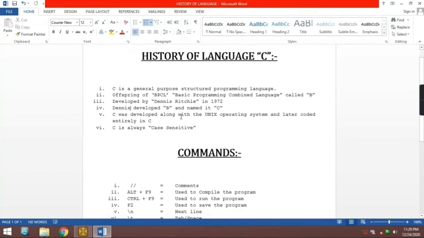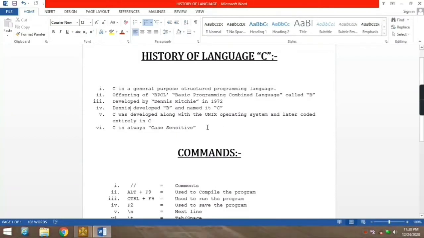Dennis developed B and named it C. C was developed along with the Unix operating system, and later Unix was coded entirely in C. Unix is a very advanced operating system, and big scientists and other people usually use it.